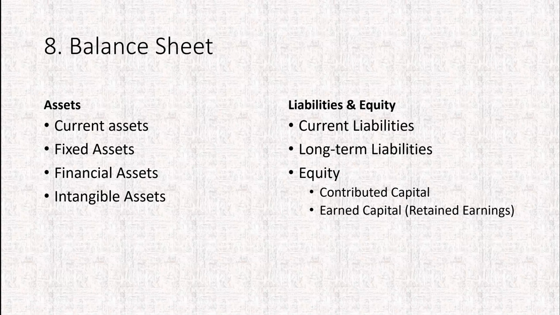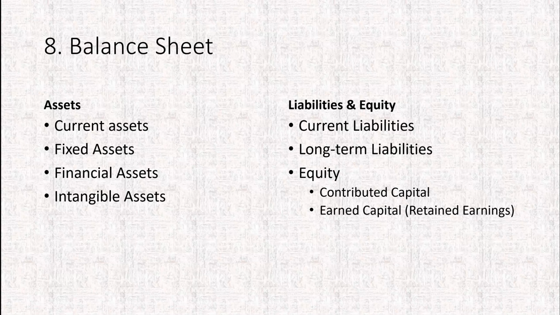And then we've got intangible assets. Intangible assets are things that do not have a physical presence to them. We talked about fixed assets, and we have inventory under current assets. Those have a physical substance to them. Intangible assets don't. So, for instance, if we have purchased a patent from somebody for some technology, that would be an intangible asset. Do we have a trademark? Do we have a copyright? Those are examples of intangible assets, and those would be recorded as part of the assets section.